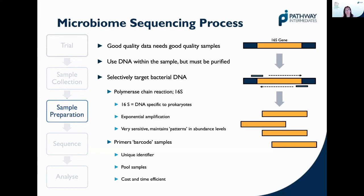The way we do this is a technique called a polymerase chain reaction, where we take the DNA and amplify up a specific gene that is specific to bacteria. This is what this diagram here is showing. We have this specific bacterial gene. We add what are called primers to it. These bind to it, and we can then amplify up this region, this portion here, and we get lots of